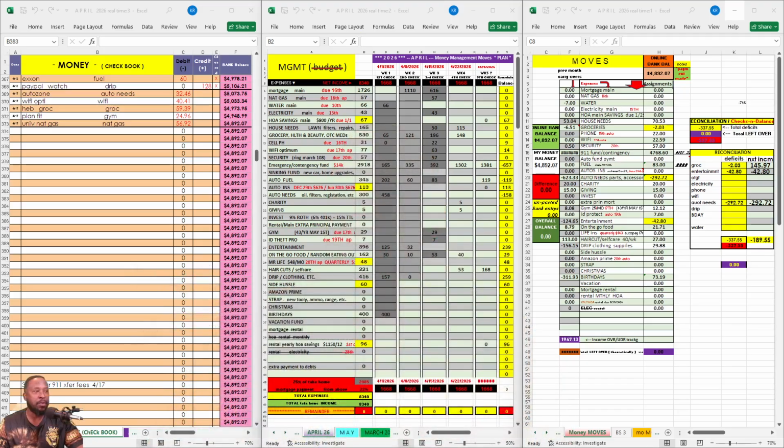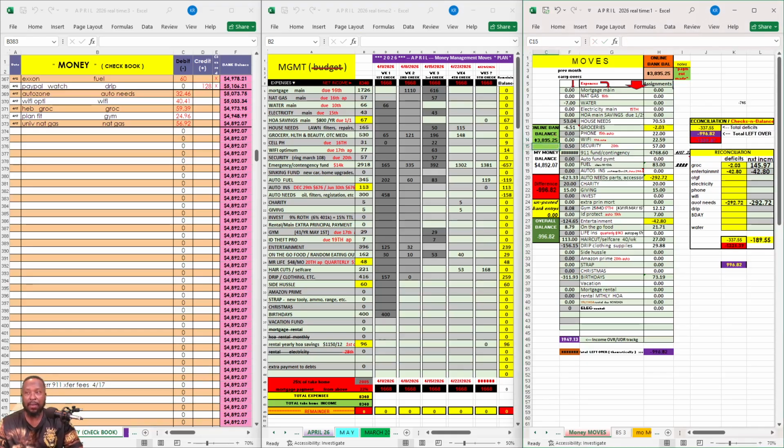Here is my full workbook that contains three separate spreadsheets, and these spreadsheets all work together. All right, the first thing that I'm going to do, I want to call your attention to this spreadsheet right over here, which is the move spreadsheet. In this move spreadsheet, I'm going to enter my online banking balance that I'm going to get from my laptop here on a separate screen. And I'm going to enter that balance right here. That balance currently is